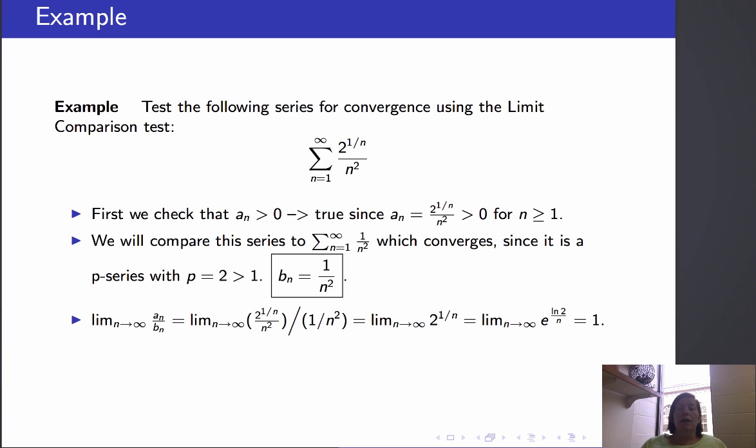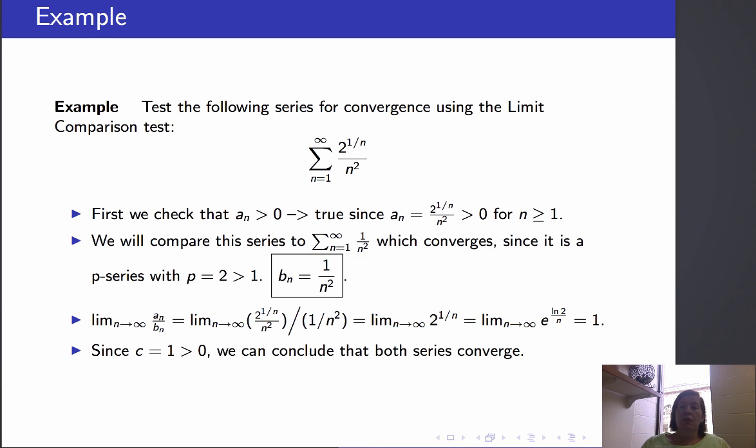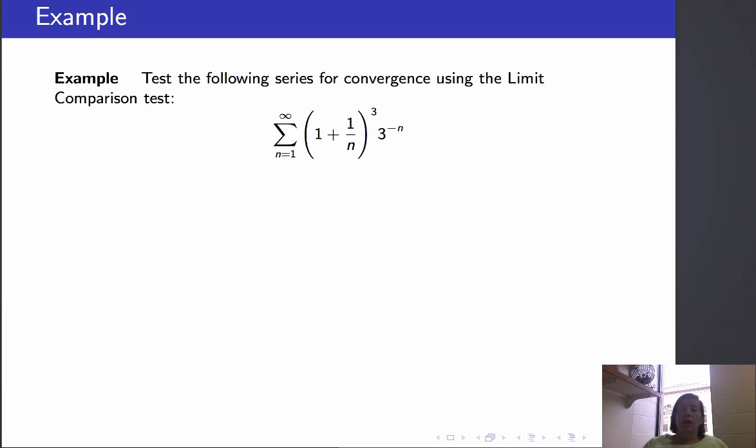If we invert that fraction, 1 over n squared in the denominator, the n squares cancel, and we're looking at the limit as n goes to infinity of 2 to the 1 over n, which is 1. And certainly 1 is a finite number which is greater than 0, so we can conclude that both of these series converge. Let's also try this example, the sum of 1 plus 1 over n cubed over 3 to the